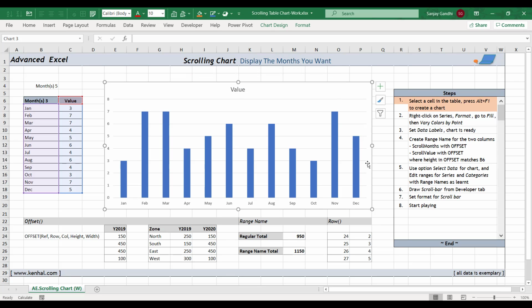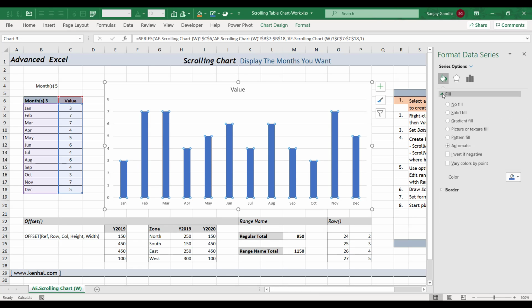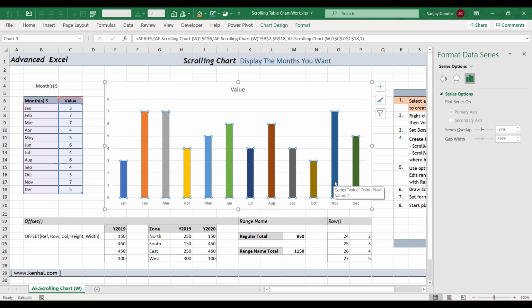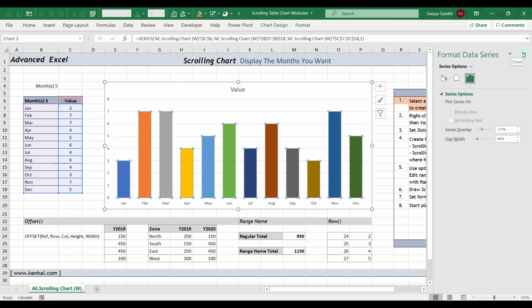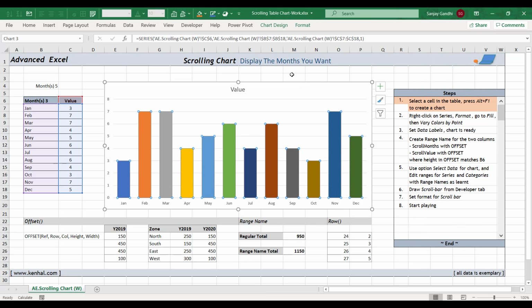That's okay. I can then try to change the color of the bars over here by doing a double click. Because it's a single series, I can apply different colors to the bars. Double click, fill option, vary colors by point, go back to series options and expand the bar width by reducing the gap width. So I can reduce the gap width here. That should be fine. And then we can go to format,